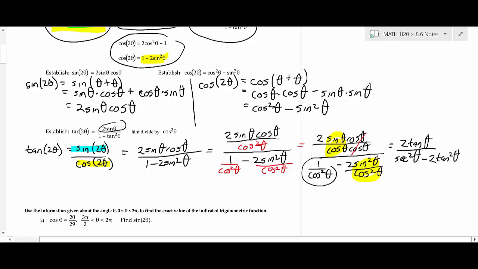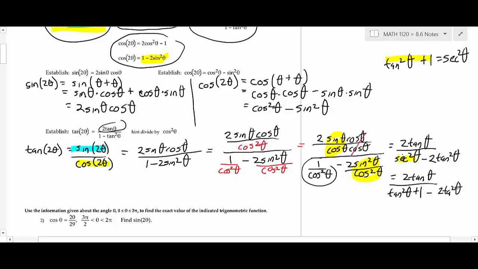Okay, so I'm almost there. Okay. Now we have an identity. One other thing that we could use, and then I think it'll all work beautifully. We have the identity that says tangent squared theta plus 1 is equal to secant squared theta. So what I'm going to do is I'm going to replace this thing, the secant, with this, and then I think it'll finally give us what we're trying to get. So this is going to be 2 tangent theta, replace secant with tangent squared theta plus 1, minus secant squared, no, not secant squared theta, I'm looking at the wrong thing, minus 2 tangent squared theta,